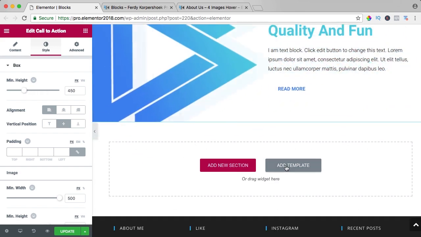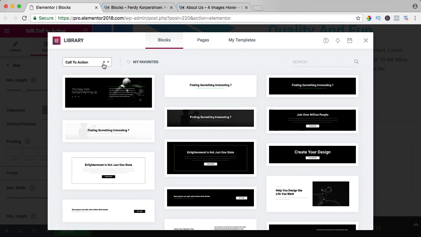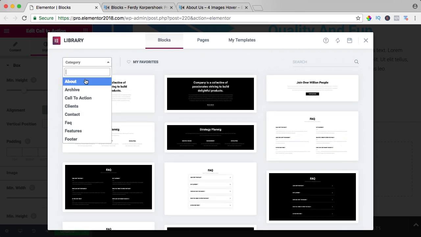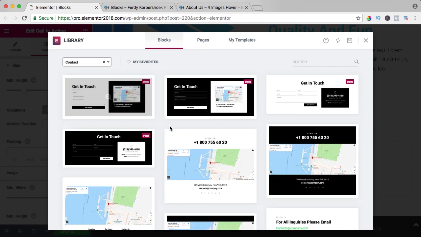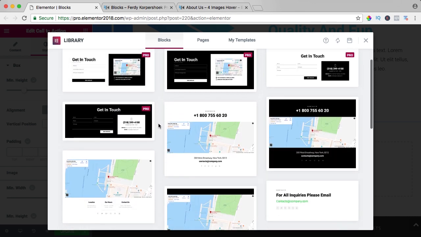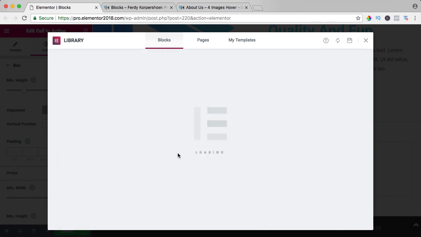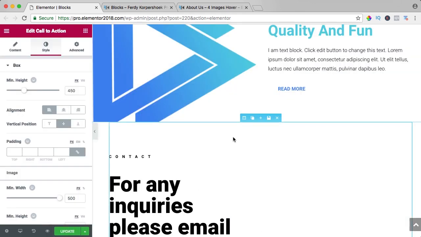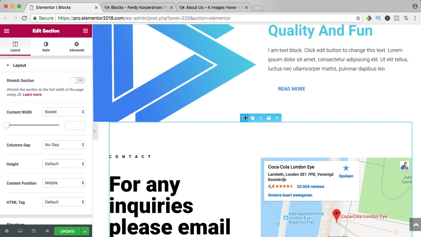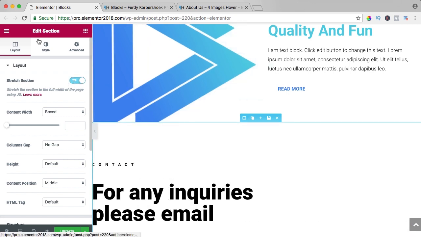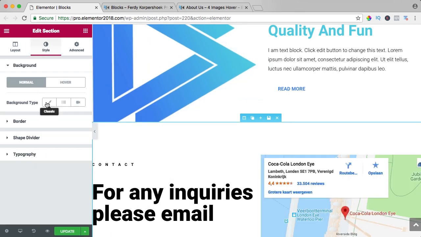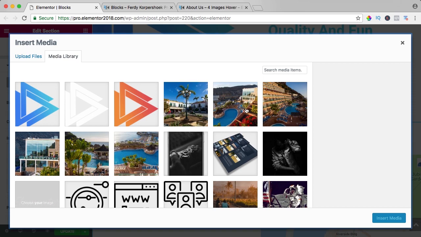One more thing, add a template, blocks. I go for a footer, you can do for a contact area. So contact, let's take a look, something like this, insert, change the background, stretch it, background, again one of the images,